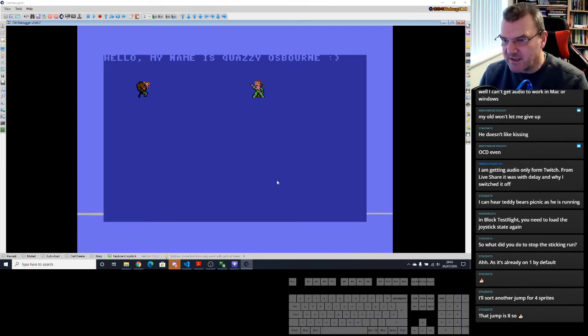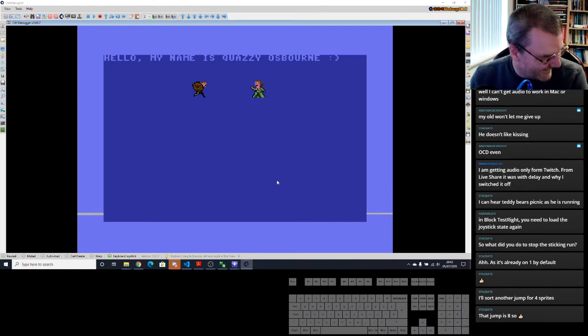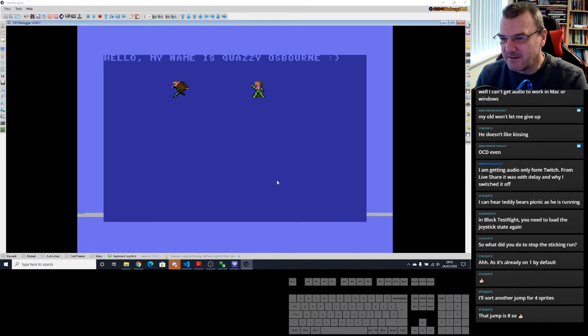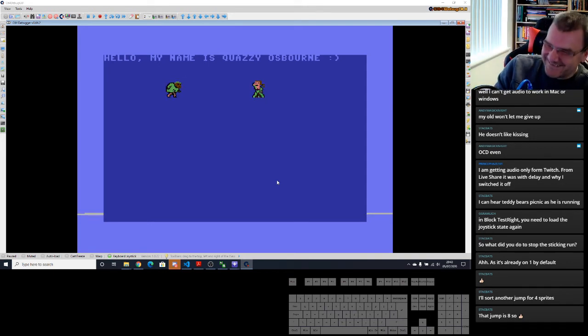Right, let's test Quasi out. Is he going left? No, he's going right because I'm pressing right. Is he going left? Yes. Is he gonna jump? Come on. He turns into an old grandma.